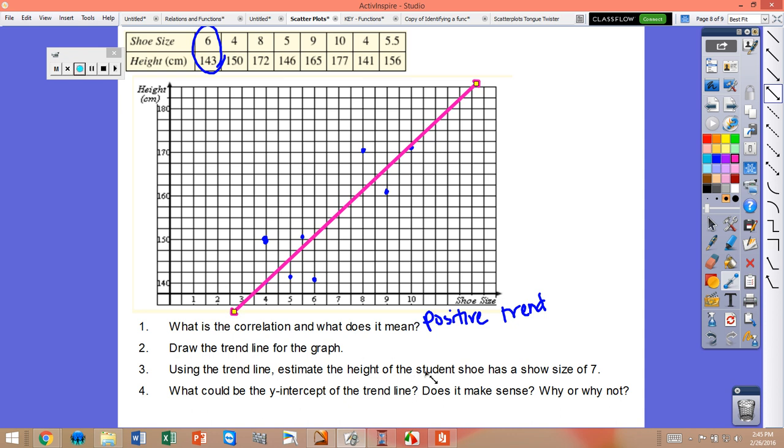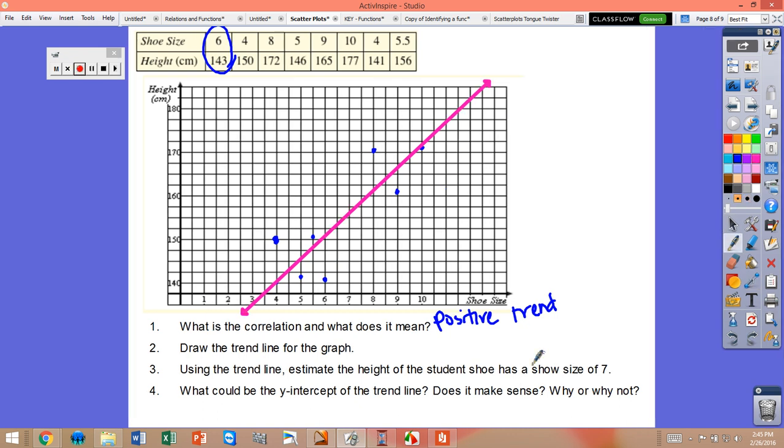Estimate the height of the student that has a shoe size of 7. So a size 7 would be someone who's about